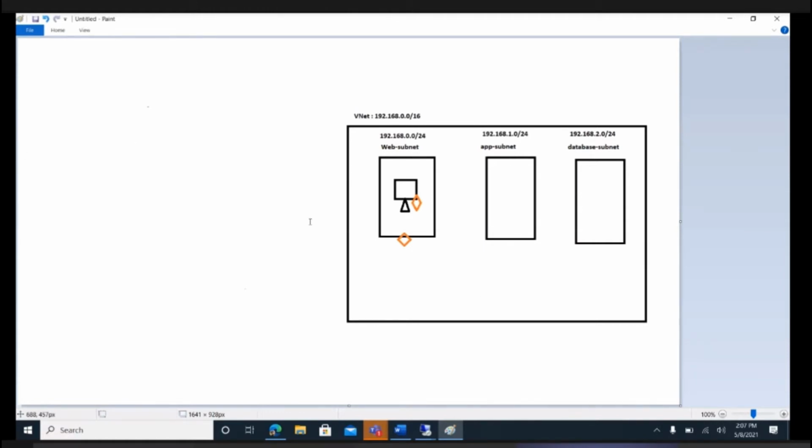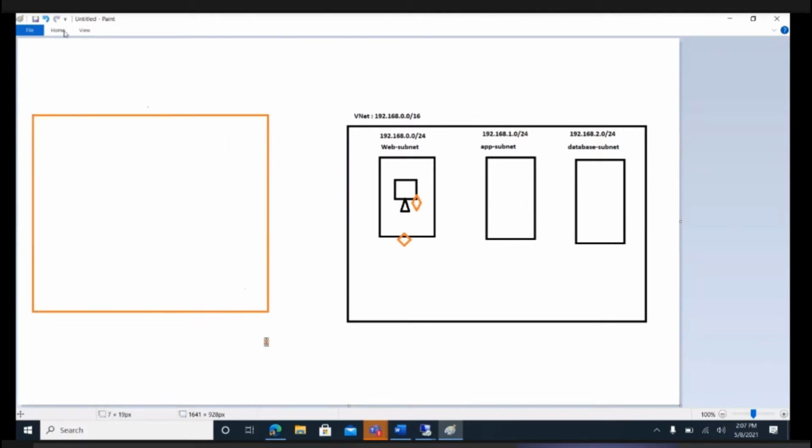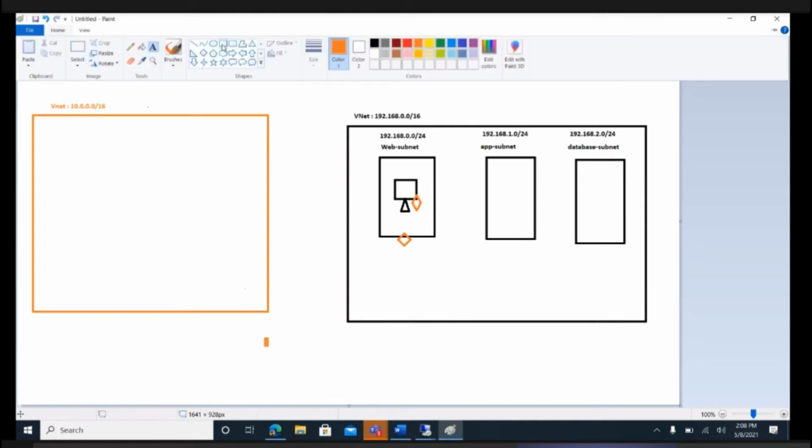Sometimes it happens that let's say you are having multiple virtual networks. Depending on your requirement, you have created one virtual network for some reason, and another virtual network for some other resources. So let's say in my subscription, if I have multiple virtual networks like this, this virtual network is completely isolated from this virtual network, even though I'm deploying them within the same subscription. This and this virtual network will not have any kind of connectivity between them.